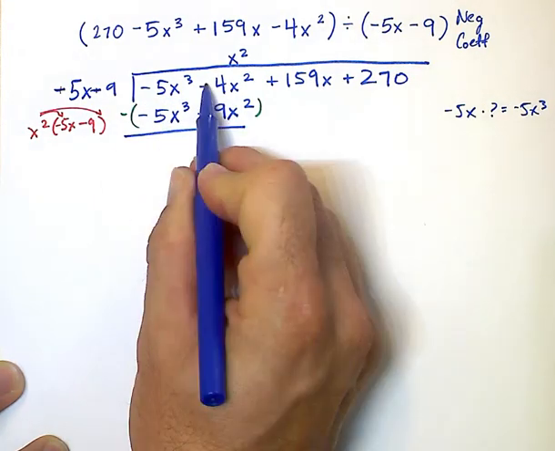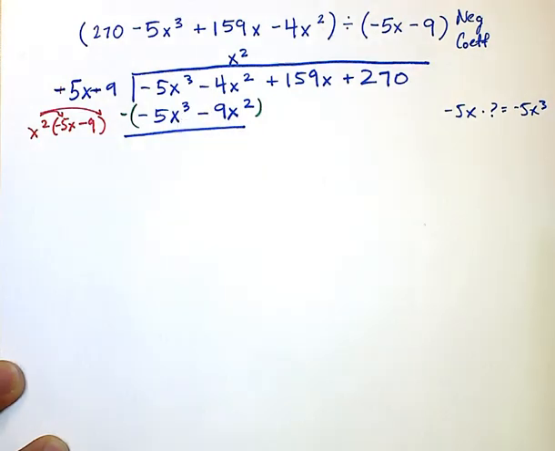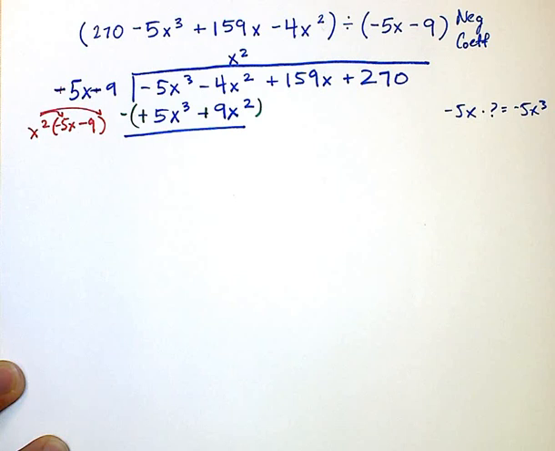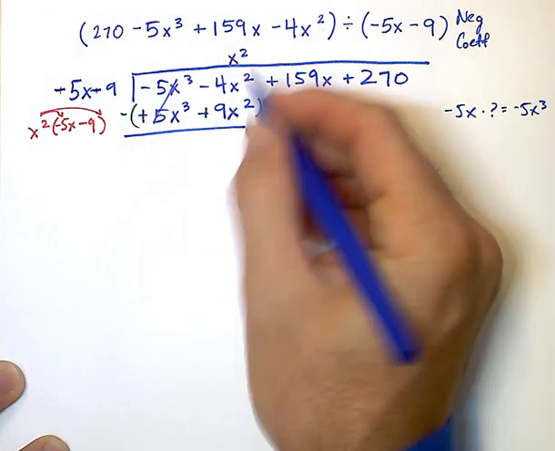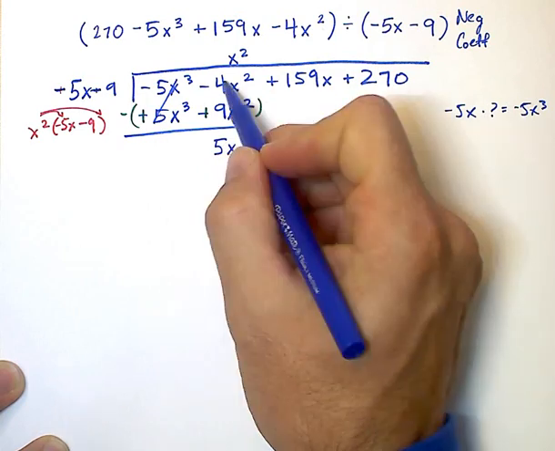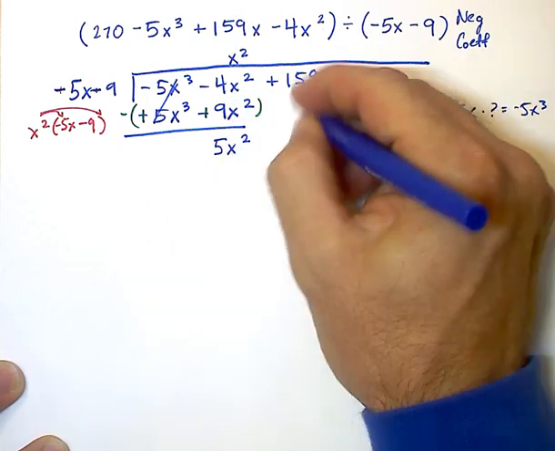So this is going to change our signs. And we'll see these will cancel out, and you'll be left with a 5x squared, which is what we get from doing negative 4 plus 9. And then this will make its way down,